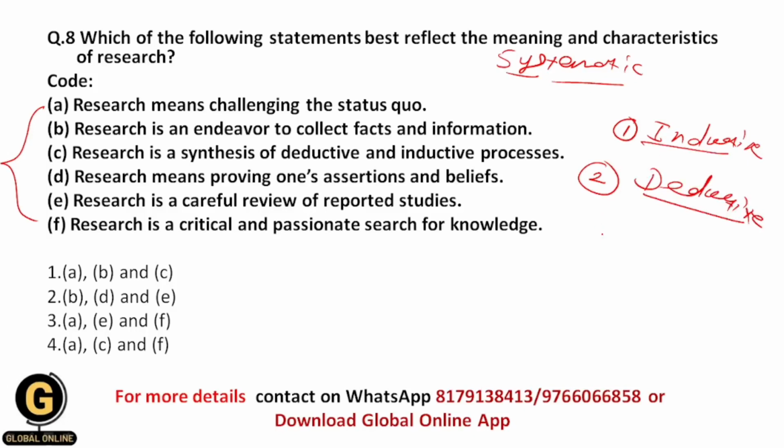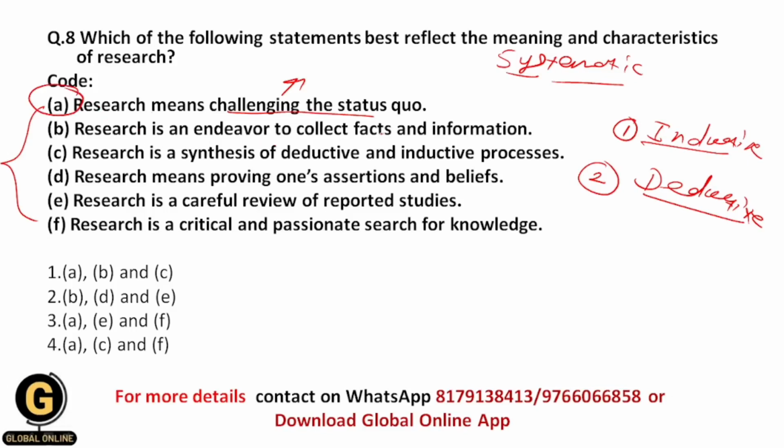And that's why we will see the options now first, okay. So research means challenging the status quo, yes. So whenever we have a particular type of question, then we will go through the research to find out that, and the research is a systematic and critical way of finding the solution to our problem, and that's why it is challenging the status quo, okay. And that's why this is the correct statement.